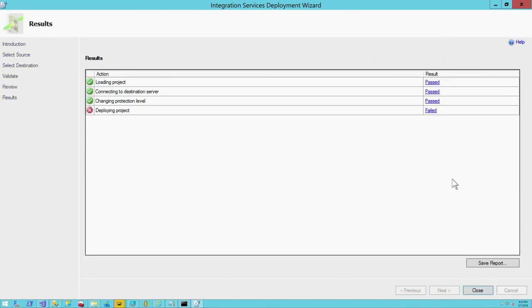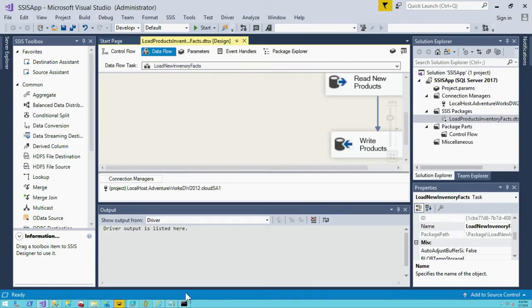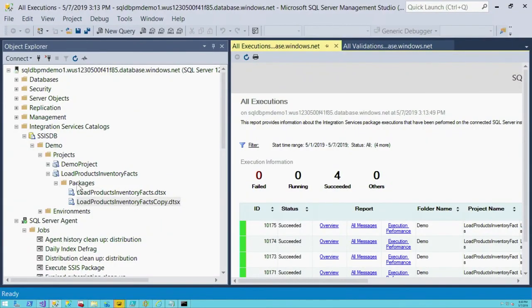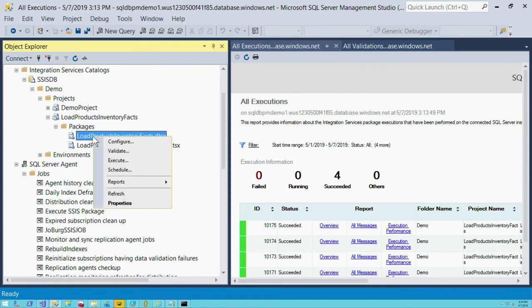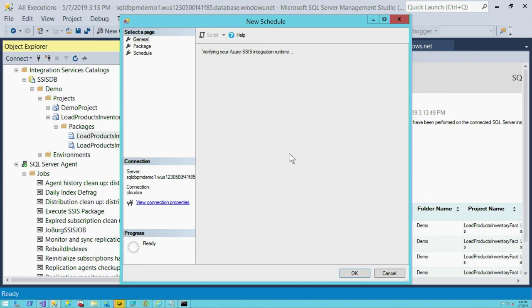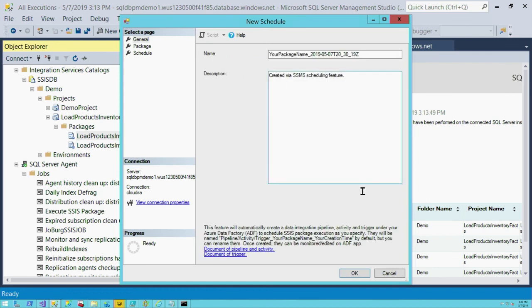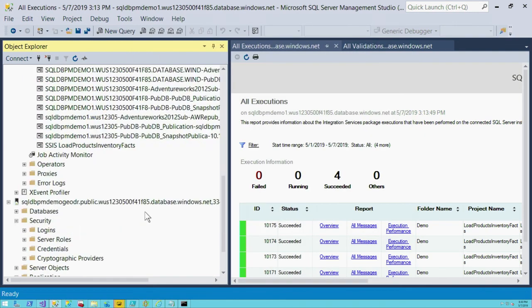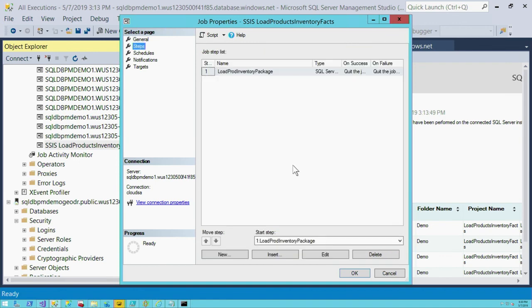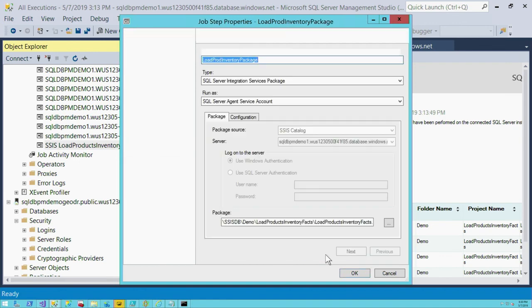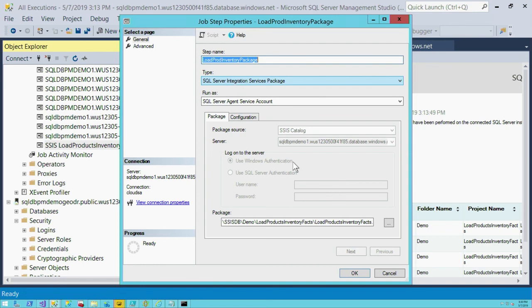and that's it. I think I already have created it, so it failed. But if I go back to my instance here, you will see that I have deployed the package. So once it's here, I can run this package by calling schedule, which will create a pipeline in Azure Data Factory, as you can see here. Or you can also set up an SSIS job, which I have done in SQL Agent here. So managed instance does support the SQL SSIS package job type,